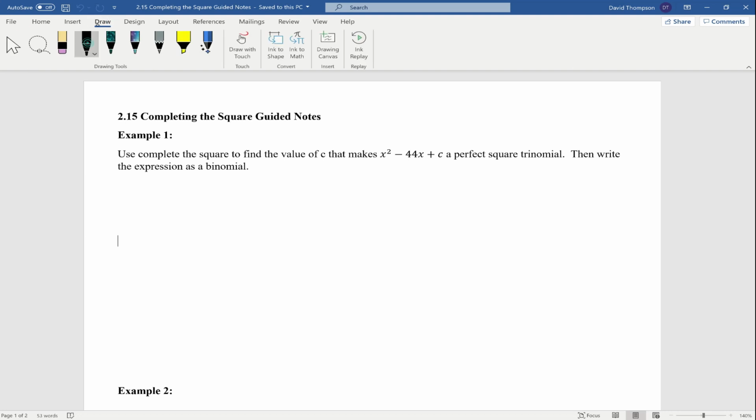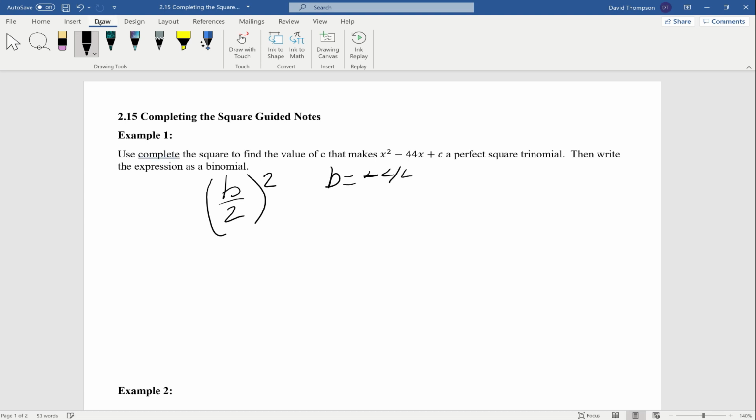So first, let's figure out what complete the square is. The first thing you do is you take b divided by 2 and you square it. In this example, my b equals negative 44. So b divided by 2 is negative 44 over 2, and we're going to square it. Negative 44 over 2 is negative 22, squared, and negative 22 squared is going to be